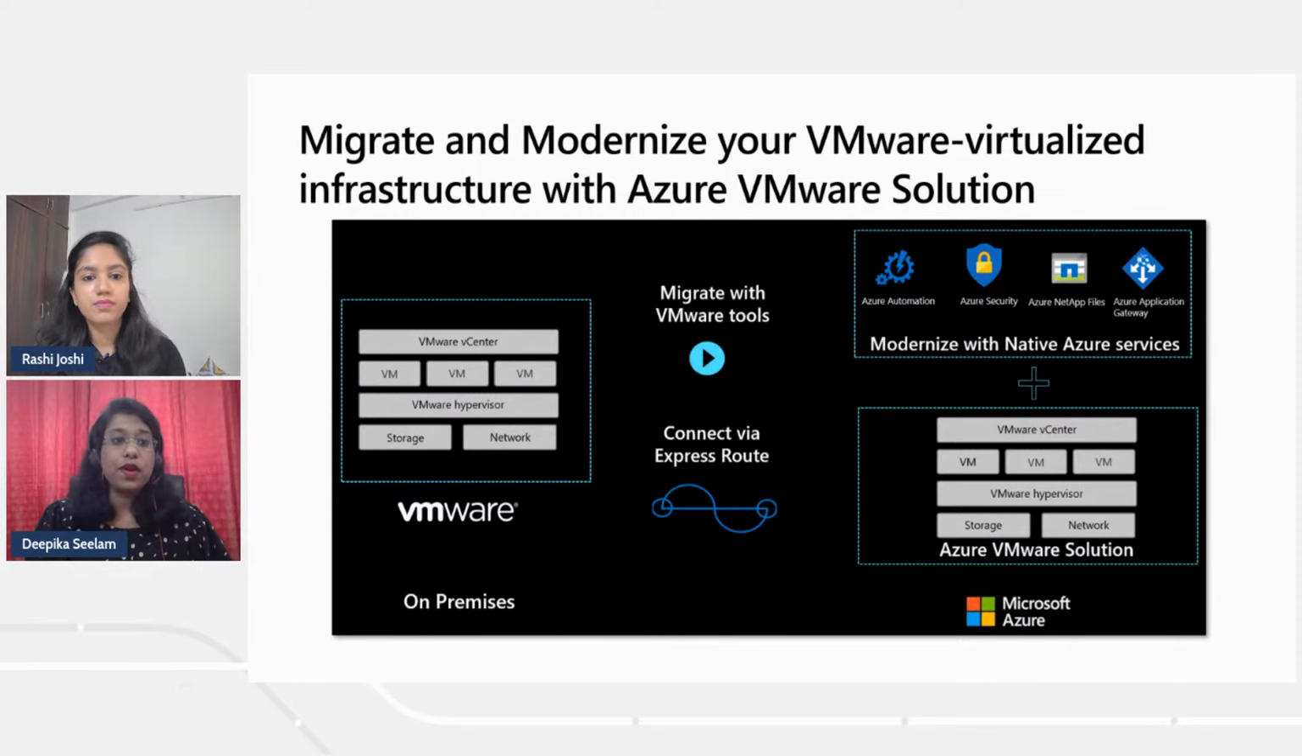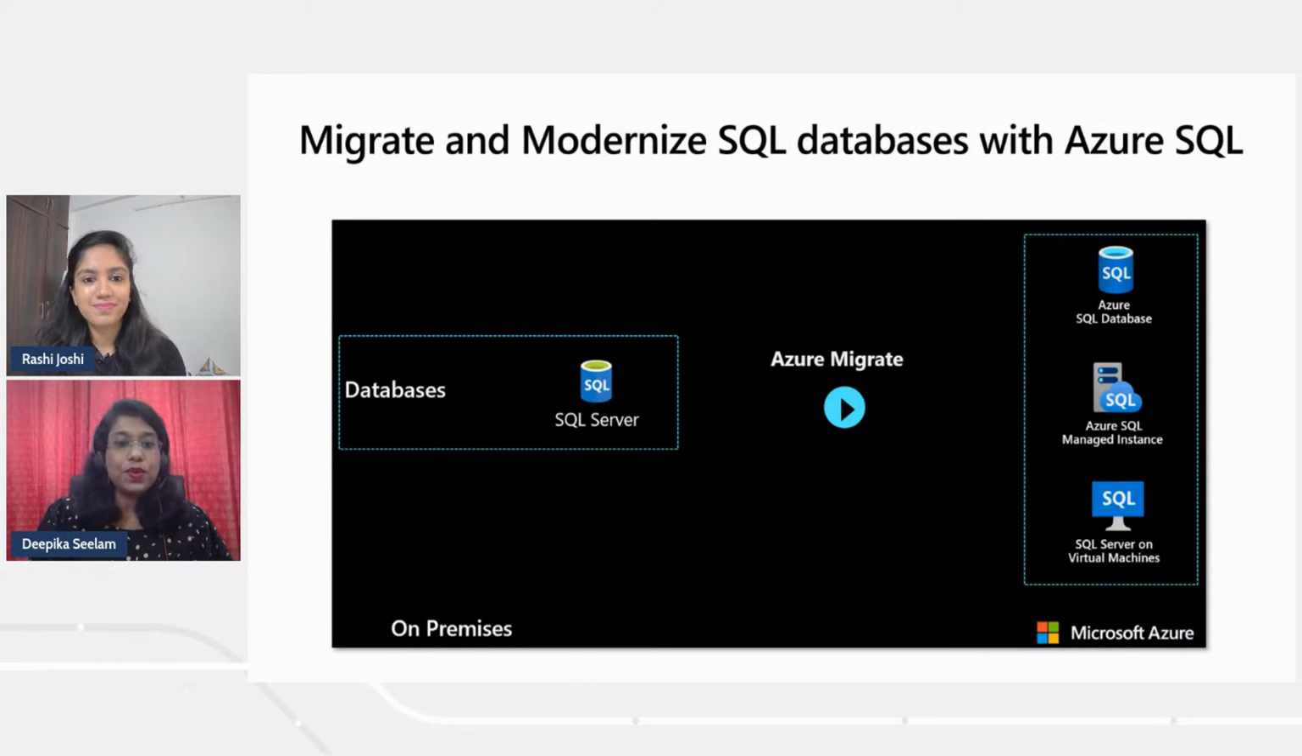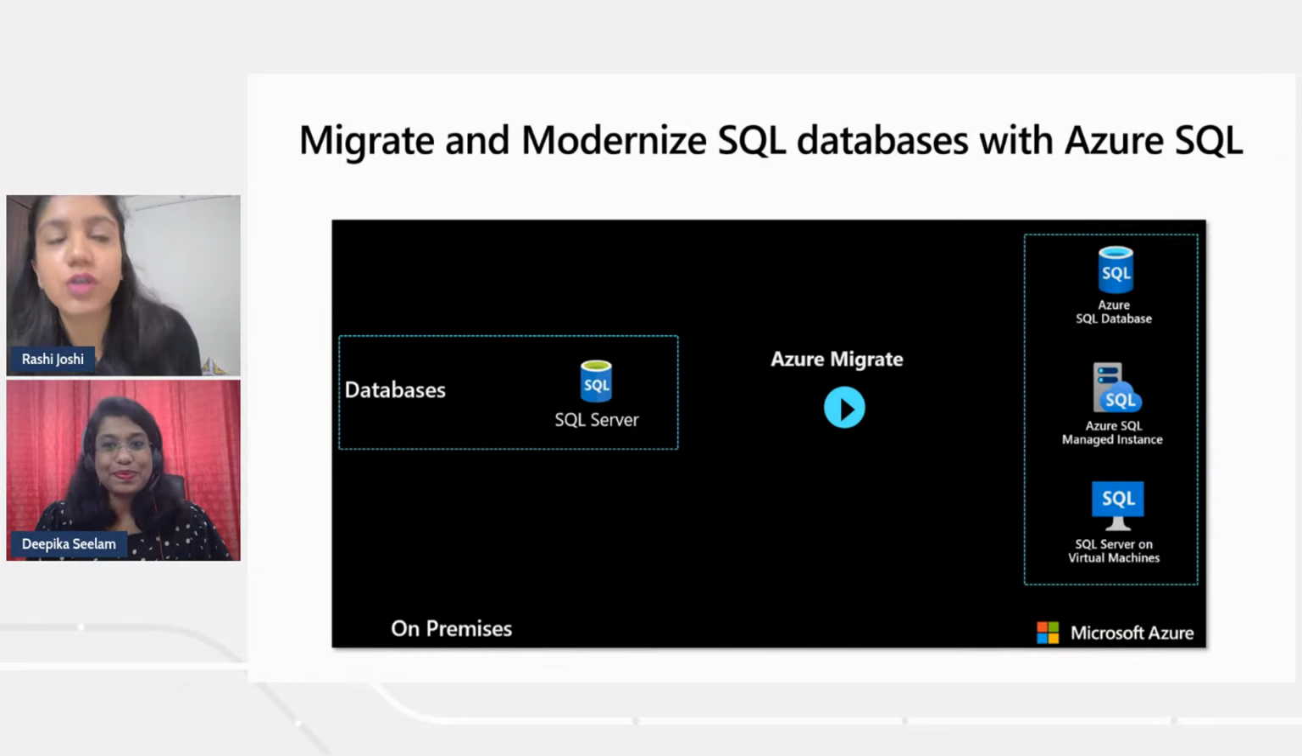Rashi, I know we spoke about Azure IaaS targets. Can you go forward and let's talk about SQL then? Yeah, definitely. As you said, we talked about infrastructure as a service and how that looks on Azure. Let's look at PaaS now, or platform as a service. So with Azure SQL, you can rehost SQL workloads on SQL Server on Azure virtual machines. You can modernize existing applications with Azure SQL Managed Instance, and also support modern cloud applications with Azure SQL Database and